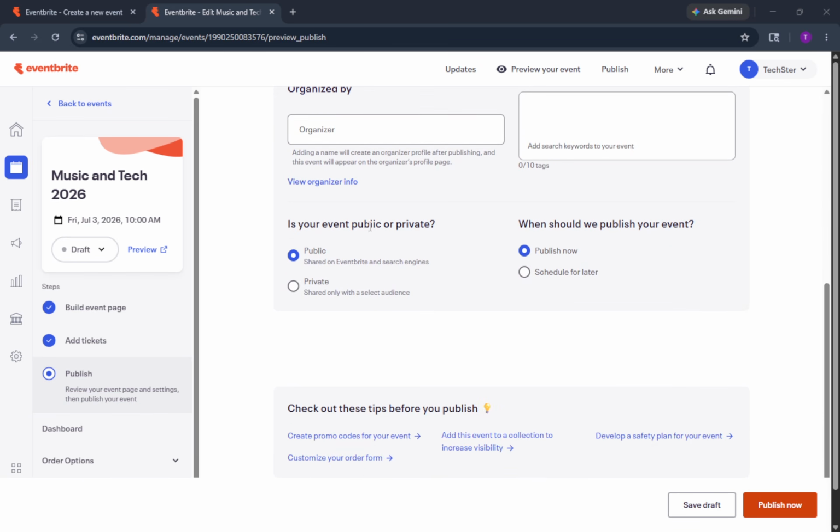Password protected requires attendees to enter a password before they can view or register, useful when you want to share a link broadly but still keep a gate in place. Eventbrite's private settings ensure your event won't appear in search results or on public event feeds. That way, you set the terms for access.